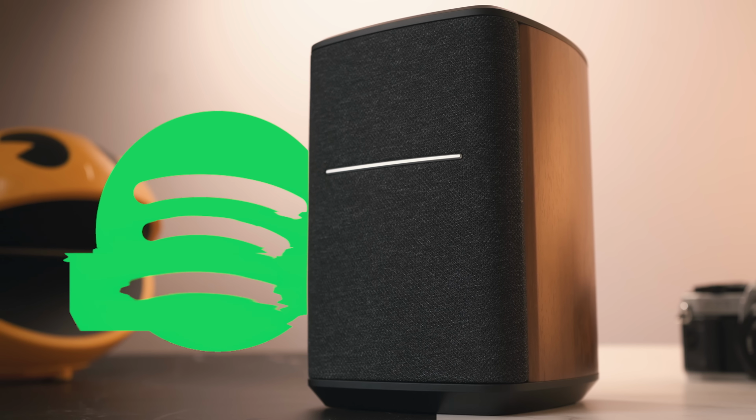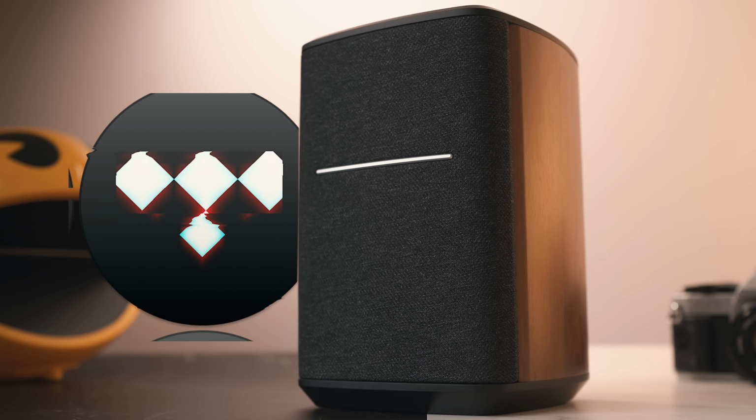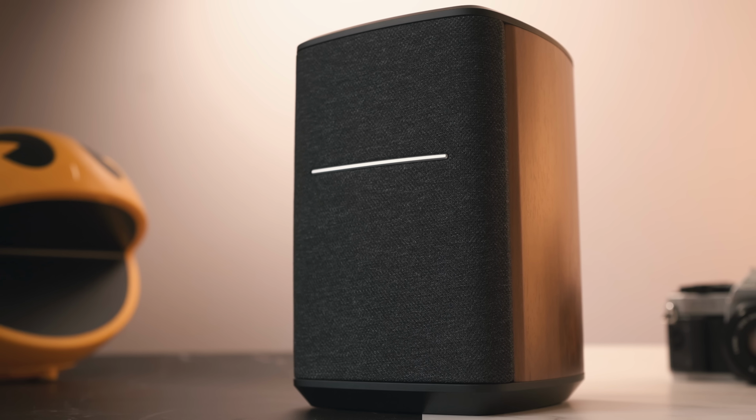You've got your main ones like Spotify Connect, it does Tidal Connect as well, and it also supports AirPlay for you Apple fanboys. And obviously with AirPlay, what you can go ahead and do then is group this thing together with other speakers. They don't have to be Edifier, they can just be AirPlay speakers, so you could group it with, let's say, a HomePod, for example,